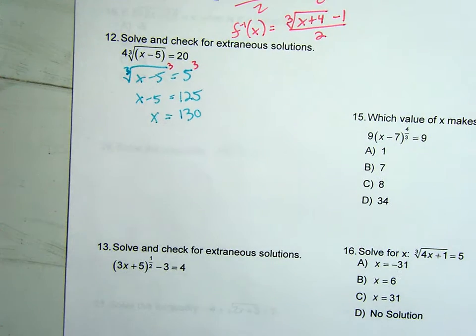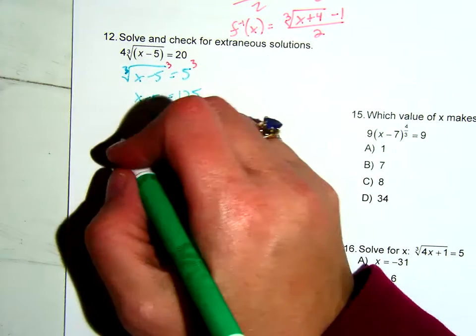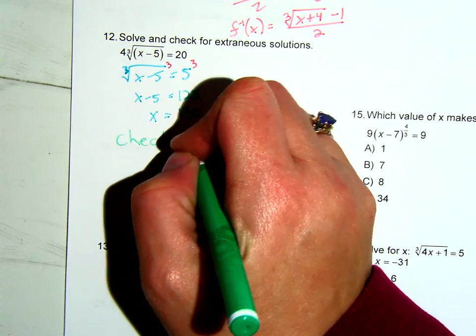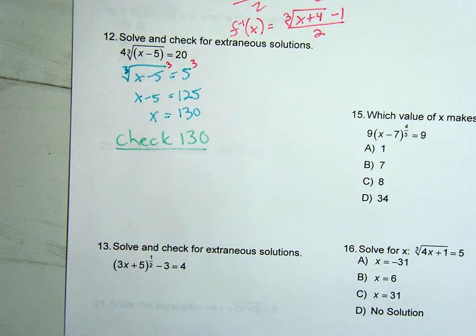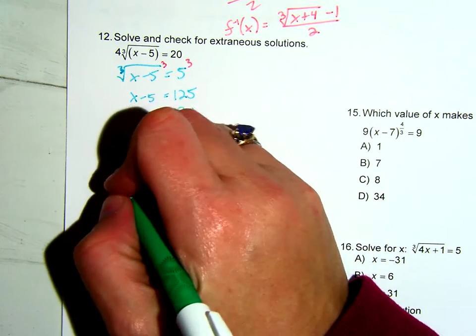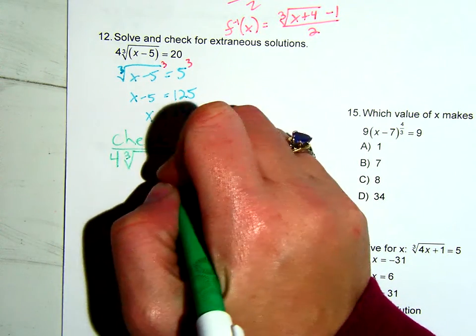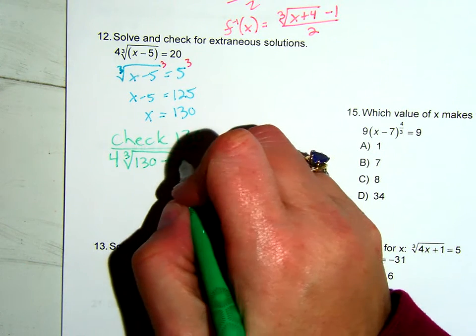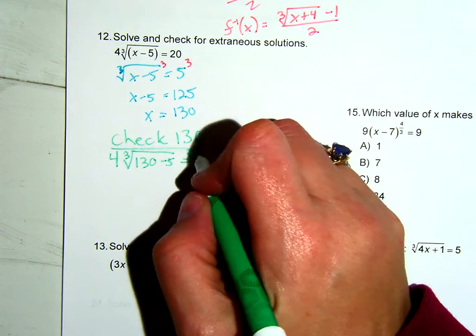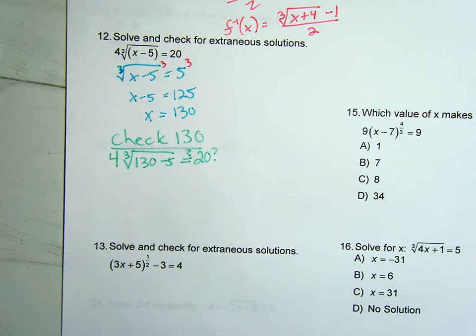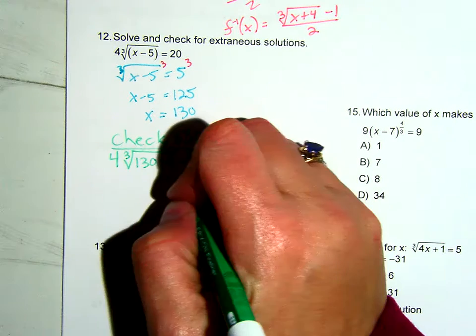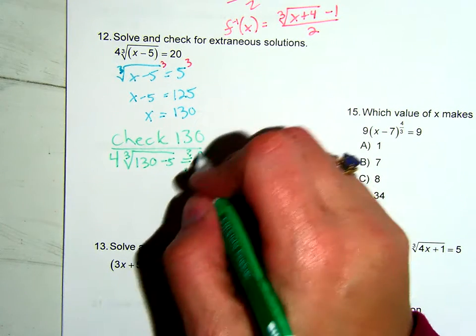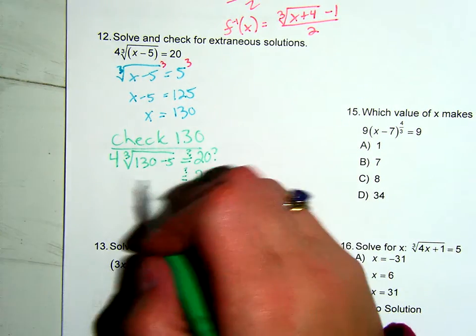So, to check our answers, we go back to the original problem. We are going to take our 130 and plug it in place of the x. So we have 4 cube root of 130 minus 5, and we ask ourselves, does that equal 20? When we check, we have to work down the left side by itself and the right side by itself. Now we're in luck because the right side is already simplified, and all we have to work with is the